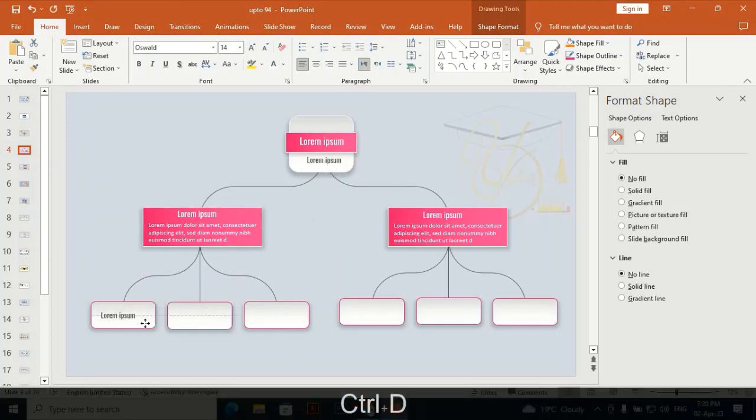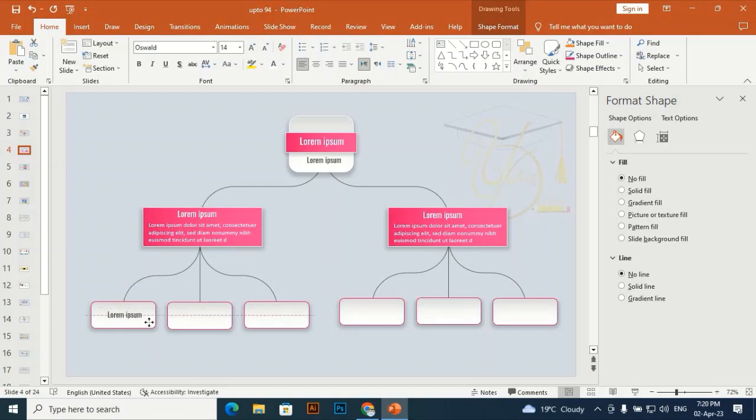Control D to duplicate it and put it here. Make its size 18. Yes. Control D to duplicate it